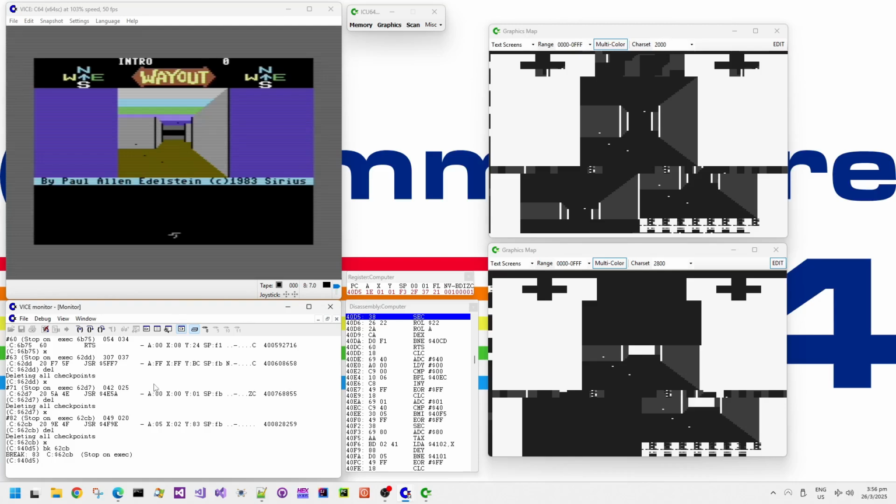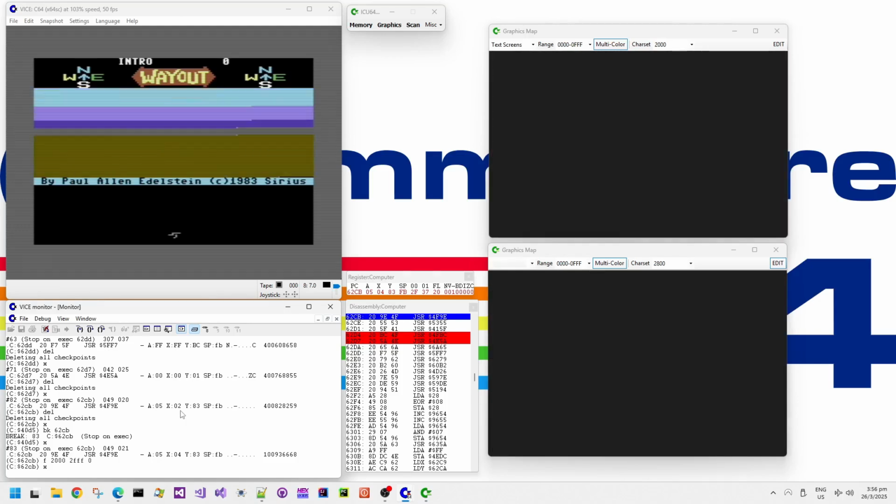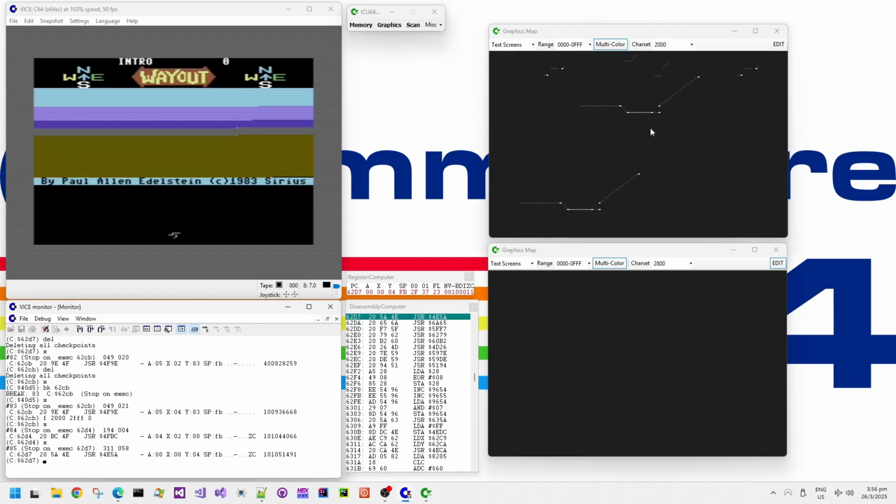So at memory address 62CB, I found this whole sequence of JSRs which seem to do various calculations and then drawing the top edge and then filling the columns and basically rendering the bottom half of the character set information as well. So it seems to be doing a mirror